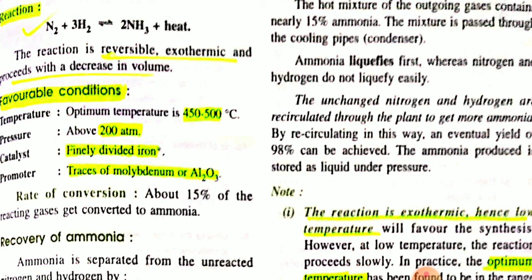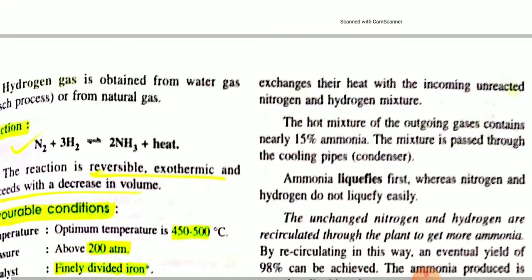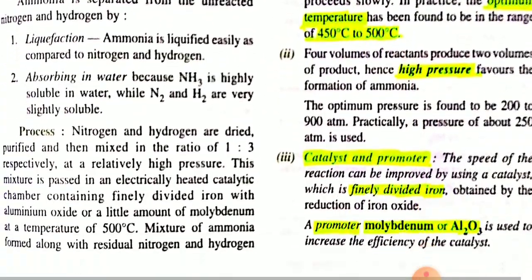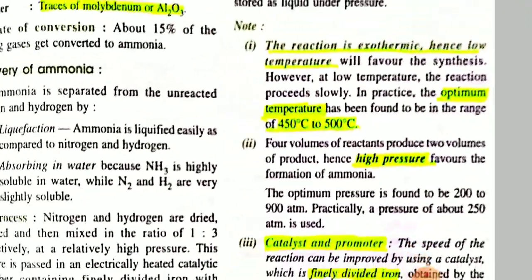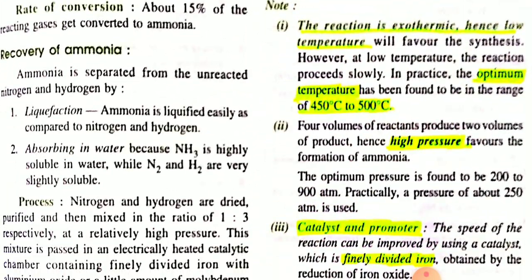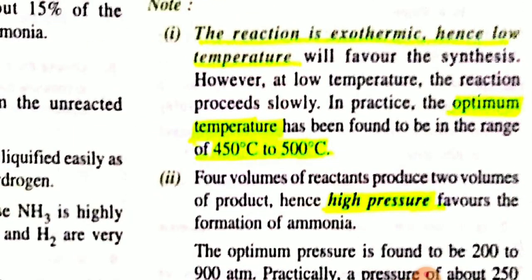Optimum temperature 450 to 500 degrees Celsius, pressure above 200 atm, catalyst finely divided iron, and promoter is traces of molybdenum and aluminum oxide. Here are some points regarding the industrial manufacture of ammonia. This reaction is exothermic, hence low temperature will favor the synthesis of ammonia. However, at low temperature the reaction proceeds slowly. So in practice, the optimum temperature has been found to be in the range of 450 degrees Celsius to 500